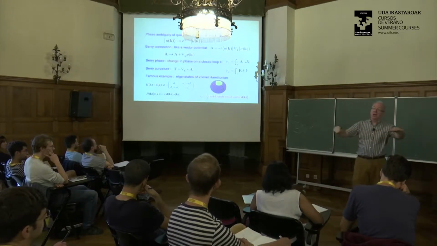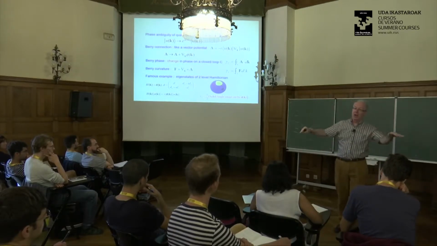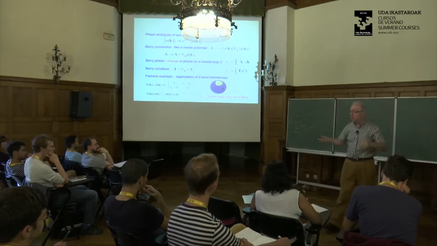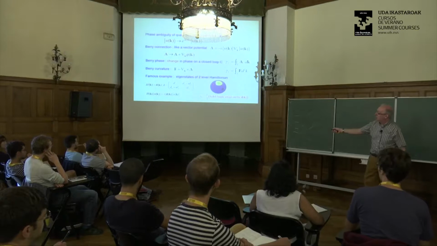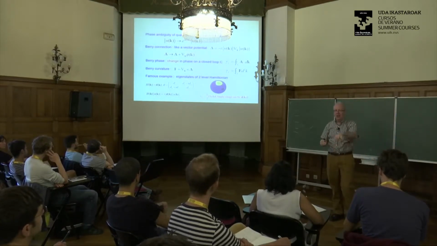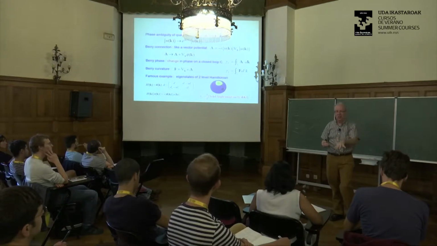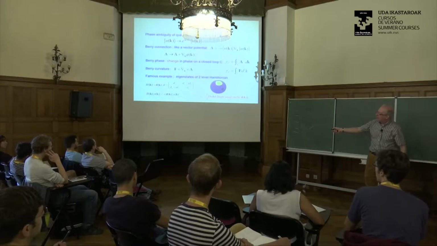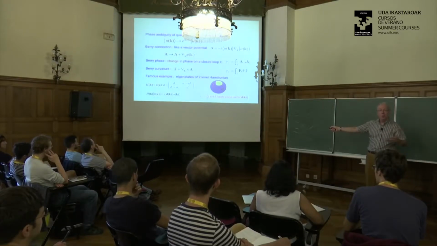If this was going to be a tight binding model, it would be a tight binding model in which you have two states per unit cell, but it applies more generally. So I have a Hamiltonian which is a 2x2 matrix, and of course there's a constant piece you can add, and that doesn't change the eigenvectors at all. So the only pieces that are important, I can write any Hamiltonian as a constant piece plus some combination of the three Pauli matrices. That's an arbitrary 2x2 Hermitian matrix, can be written like that.